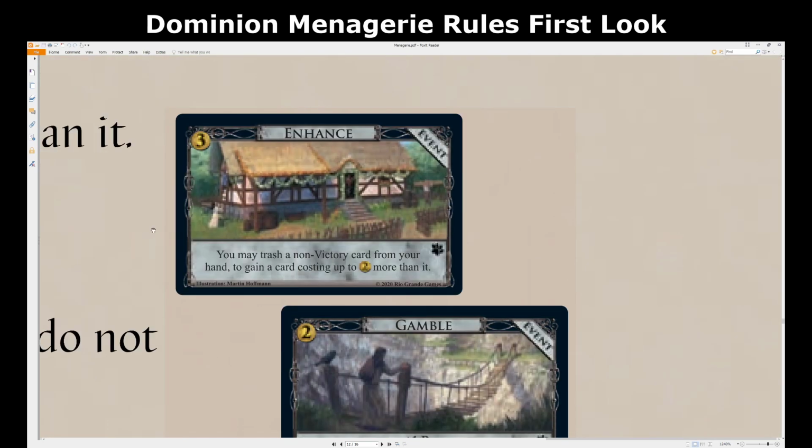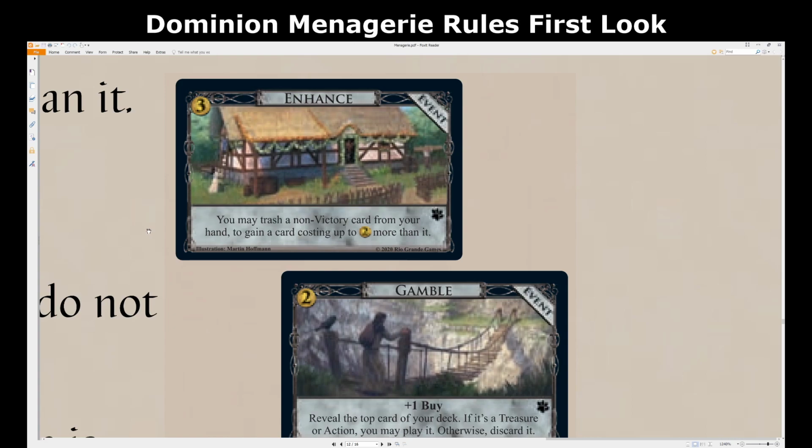Next up, Enhance. 3-cost event. You may trash a non-victory card from your hand to gain a card costing up to 2 more than it. So it's the event version of Remodel, but you can't use it on victory cards. But the nice thing about it is that it doesn't have to be in your deck, though you do have to spend a buy and some money on it. So whether that's better or not, I'm not really sure. I mean, certainly,